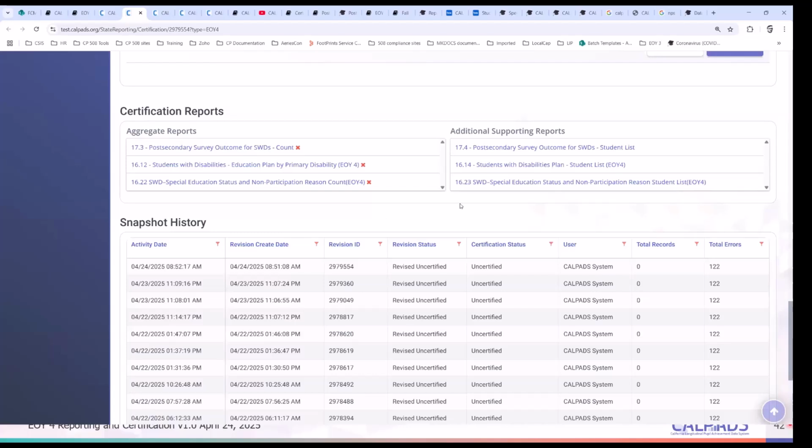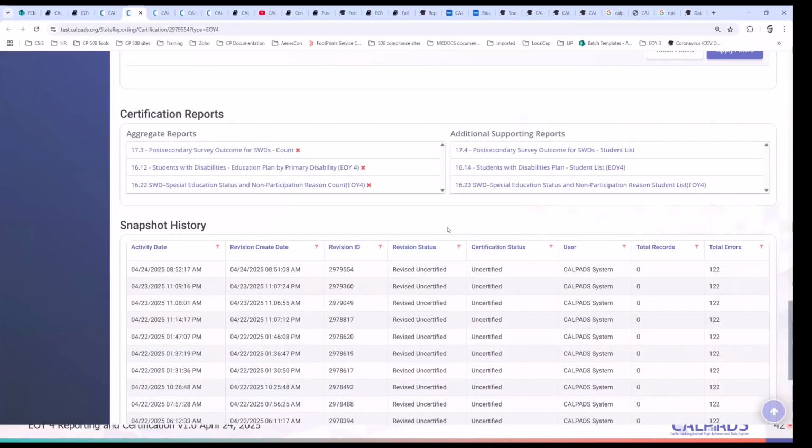So we always emphasize that you shouldn't just look at the counts. You also have to review the list, right? So it goes to say you have to review 6 reports, send it to your SPED person so that they can review the list of students. And if they say they agree that everyone is accounted for, then you can LEA approve.